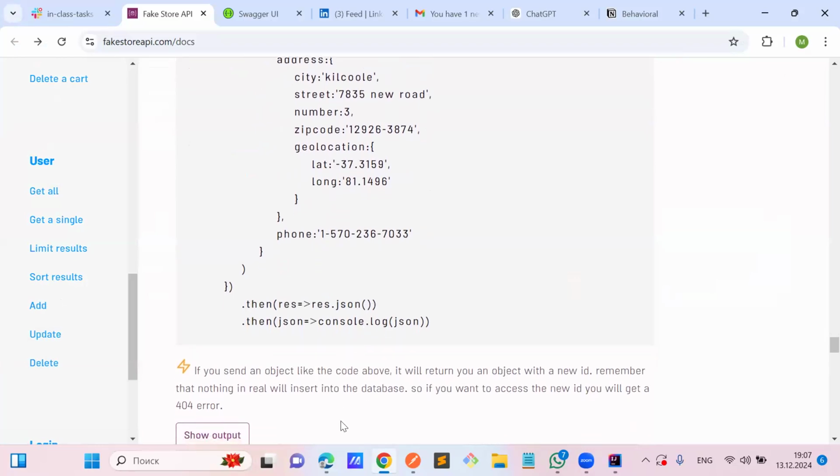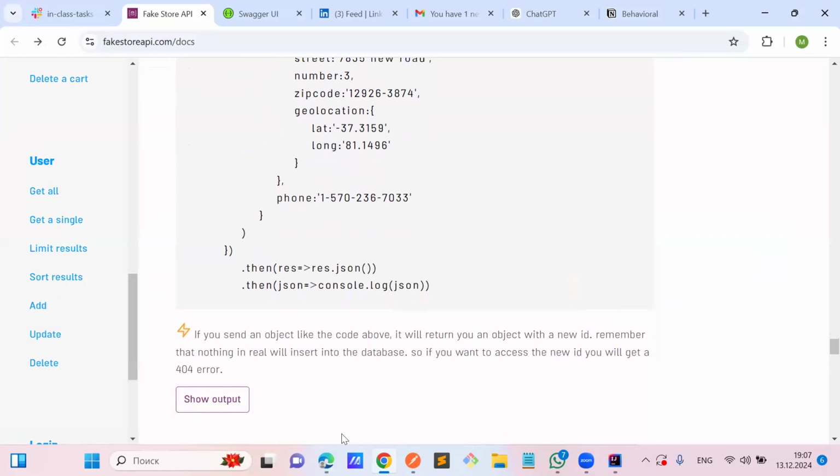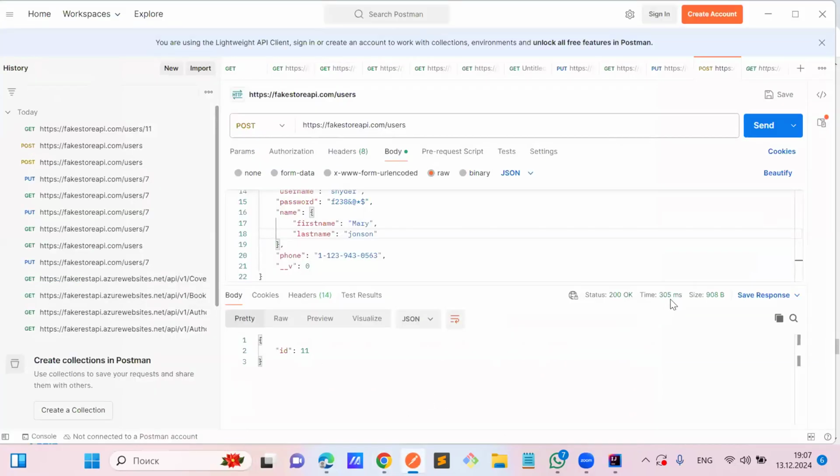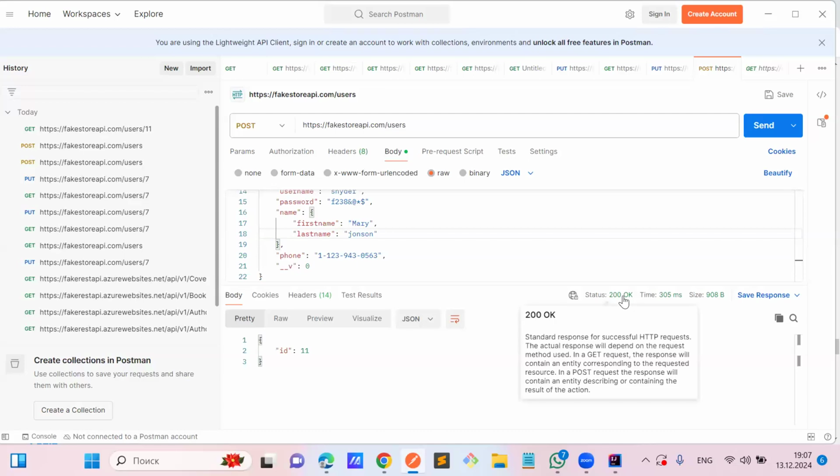Okay, so if you send an object like the code above, it will return you an object with a new ID. Remember that nothing in real will insert into the database, see? So if you want to access the new ID,